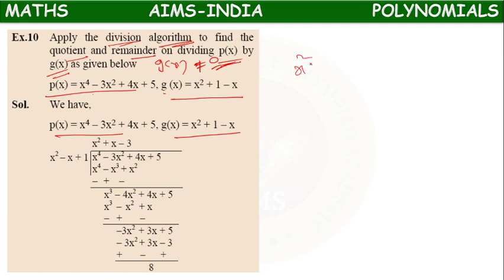Whenever we are writing any polynomial, we have to write in order. We should not write in the given order, because after the x square term, the x term will come, next the constant term will come. Like that, in order we have to write. Here also x to the power of 4 is there.